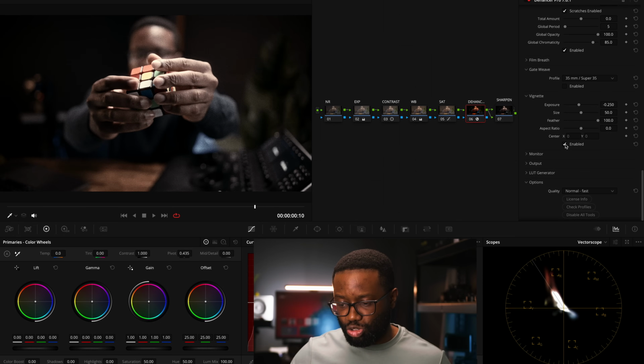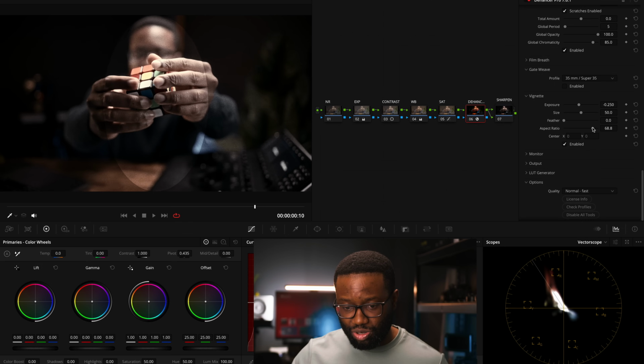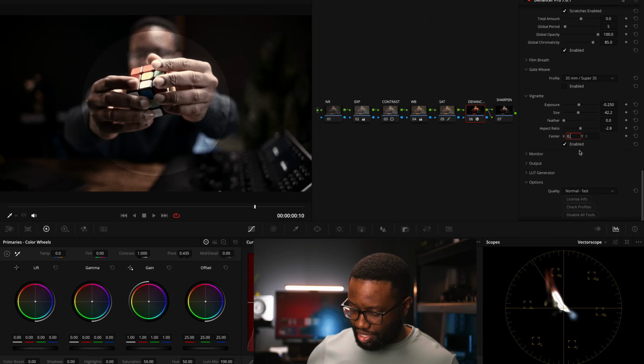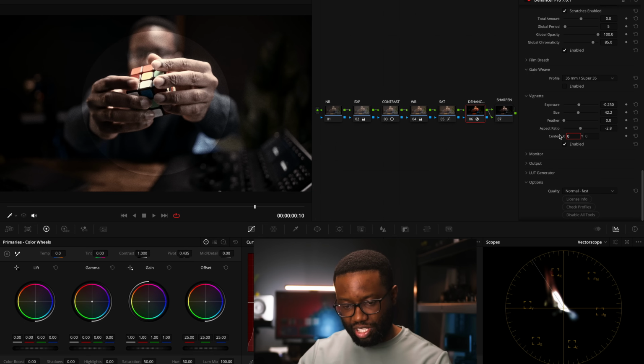What I usually like to do is turn down the feather. So I'll turn down my feather to around 0, and I can see where in the frame it's affecting. And then I can adjust my aspect ratio and then size if I want. If I wanted, I could have it like that. Only thing I don't like about the vignetting in the Dehancer is that I have to manually put in the numbers to adjust it on the X or Y axis. I'll leave it as 0 because my focus is perfectly in the center, and then I would feather it out